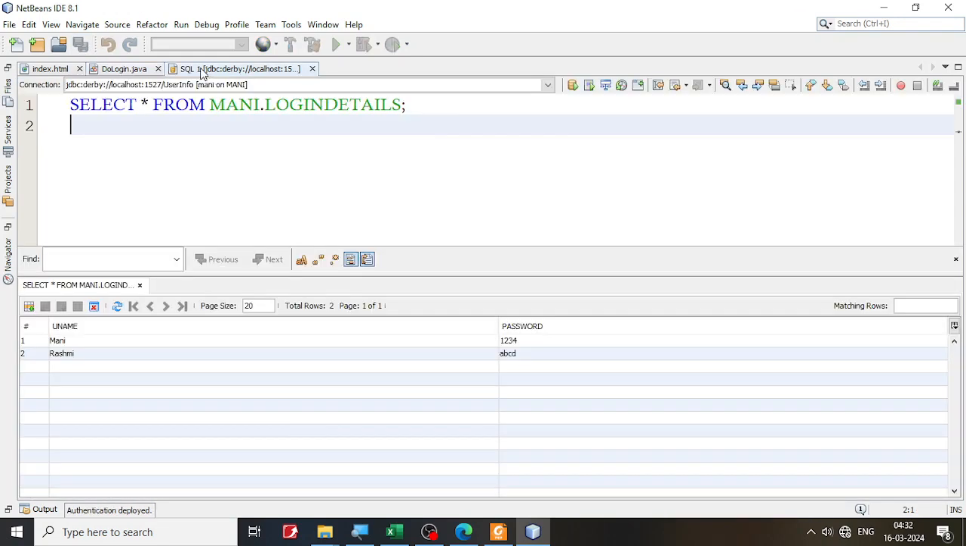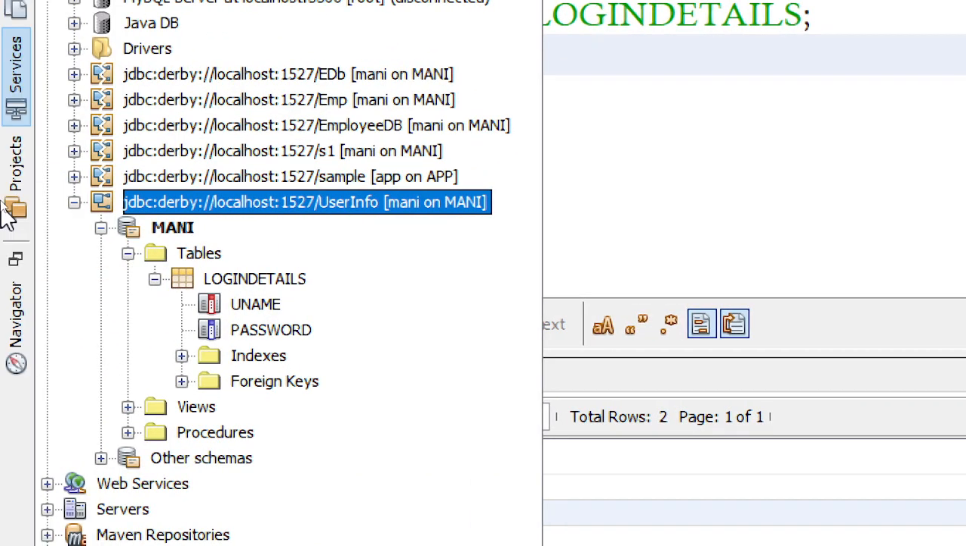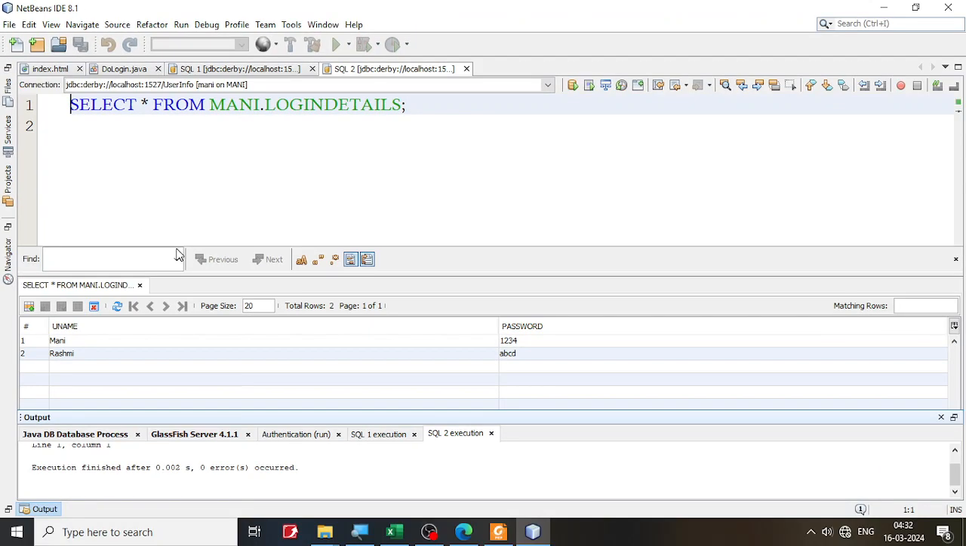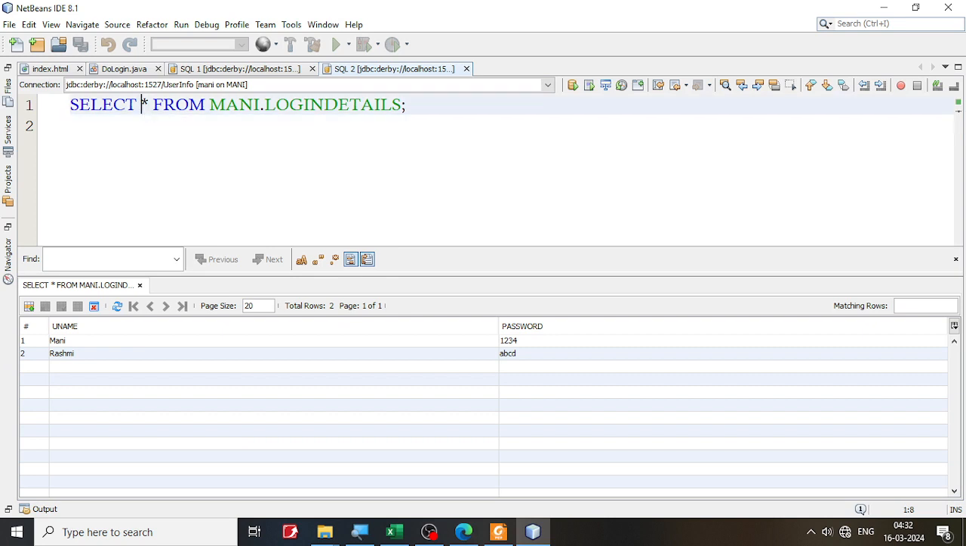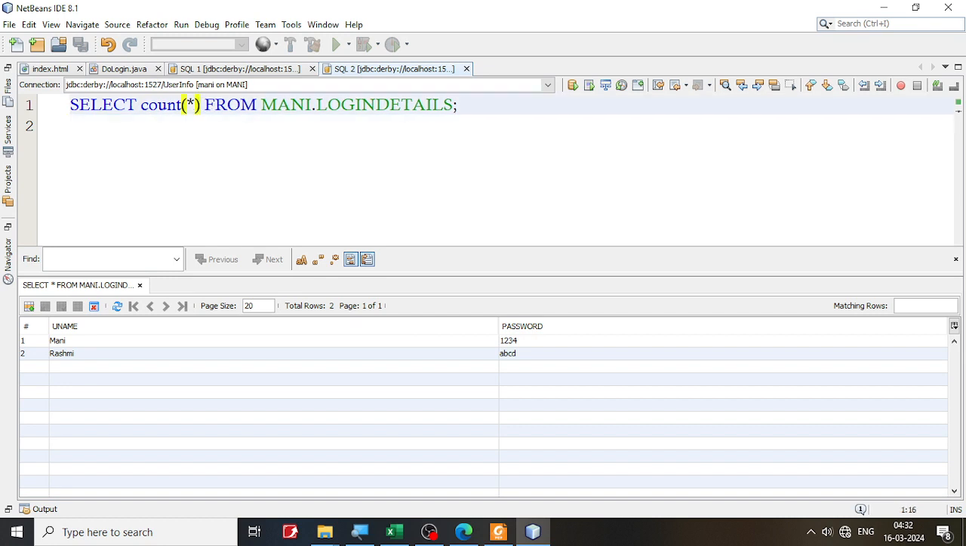I will go to this SQL part again. If you have closed this one, go here to the services. If you have not closed it, well and good. If you closed it, go to services, go to the database, here to the table, right click and say view data. This is the place where you're going to reach. And I'm going to just change the SQL statement. I'm going to say count star from the table, and I'm going to say where